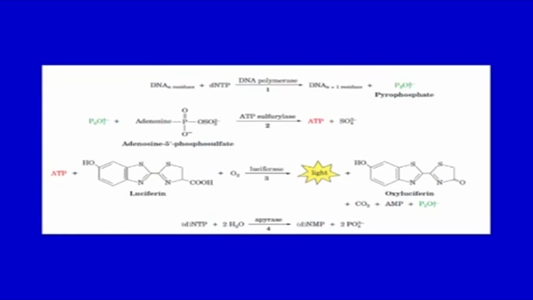The intensity of the light is proportional to the number of nucleotides reacted, so that when 2 or more consecutive nucleotides of the same type are added to the primer strand, their number is determined. In preparation for the next reaction cycle, any unreacted dNTPs and ATPs are hydrolyzed to mononucleotides and phosphate ion by a wash containing the enzyme apyrase. So, these are the different reactions we have discussed: first DNA polymerase, then ATP sulfurylase, and then finally luciferase where light is emitted, and then finally washing steps are performed in this particular